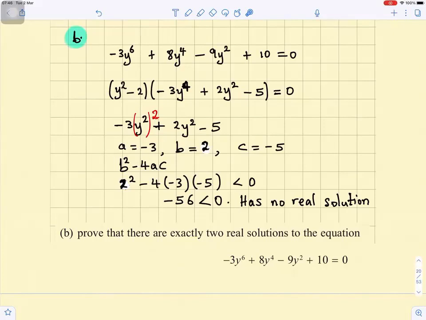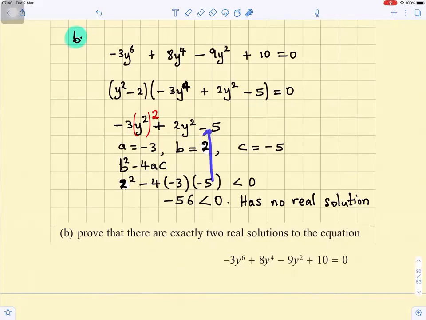So what we can have it as is minus 3 times y squared, all squared, plus 2y squared minus 5. So that's like a disguised quadratic. So A is minus 3, B is 2, and C is minus 5. And we're using b squared minus 4ac. So it's 2 squared for b, minus 4 times a, which is minus 3,